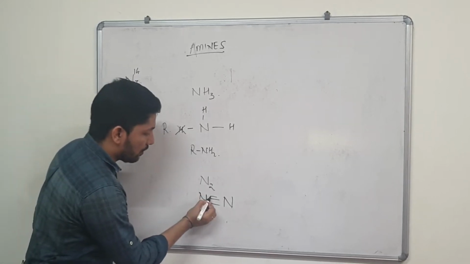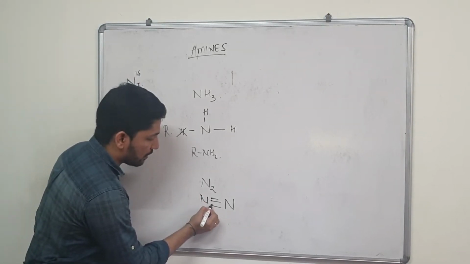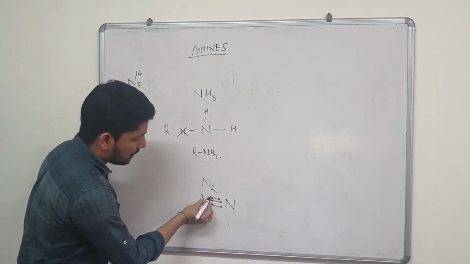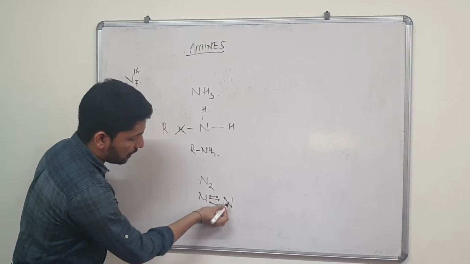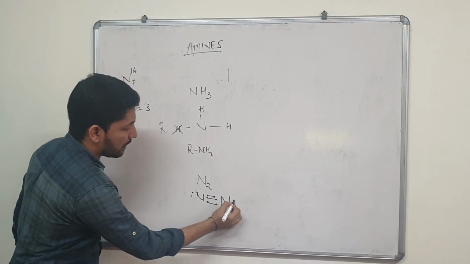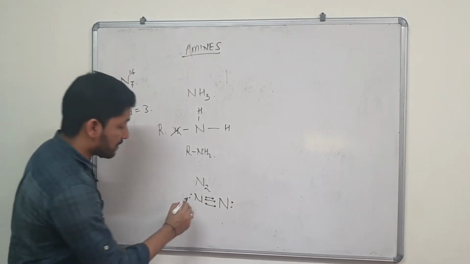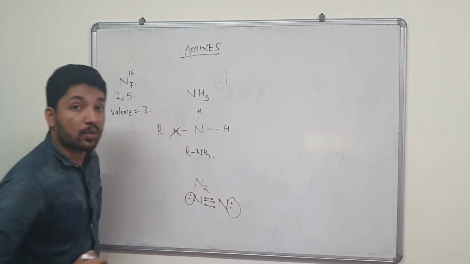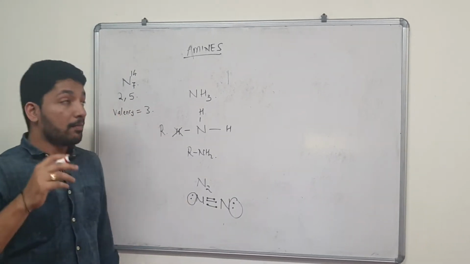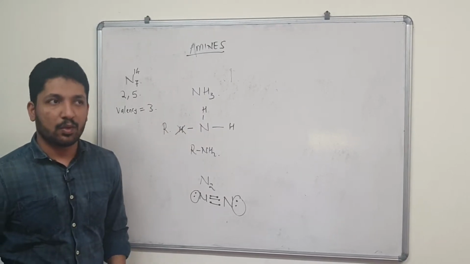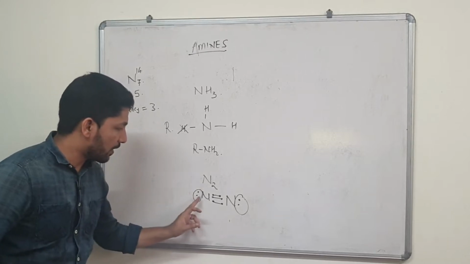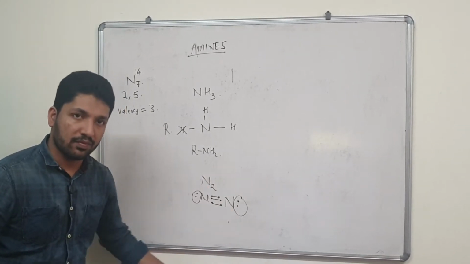Okay, so let me draw it in terms of electrons so that it becomes easy to understand. So this nitrogen has 3 electrons shared, this nitrogen has 3 electrons shared, but there are 5, right? So let me draw those remaining 2 for both of them. This is the unshared electron pair they are talking about. And this unshared electron pair makes the whole family of amines. Now you understand why it is a separate and unique chapter, because of this lone pair and this triple bond and the whole behavior of nitrogen.